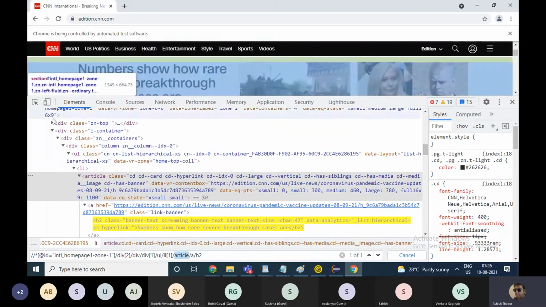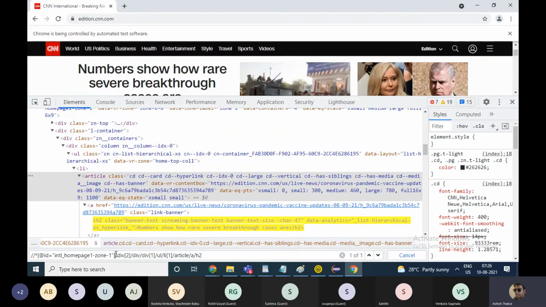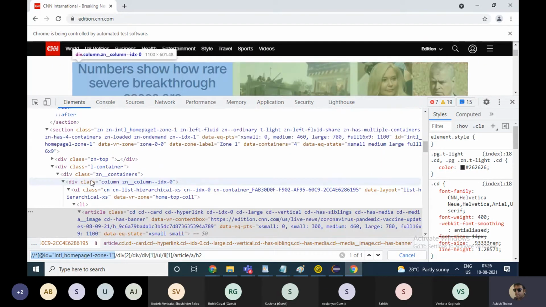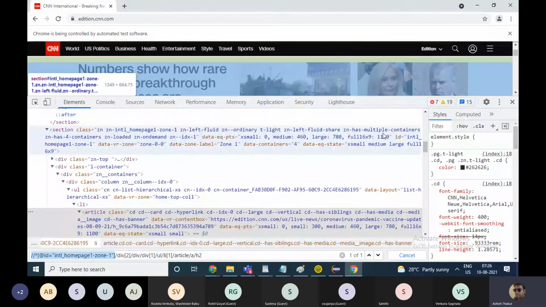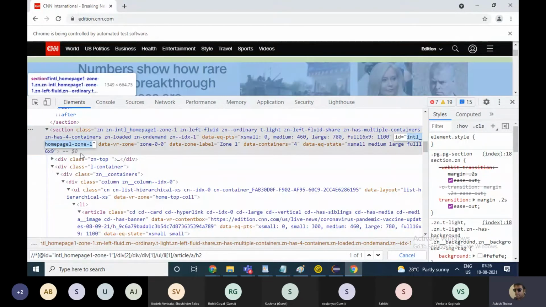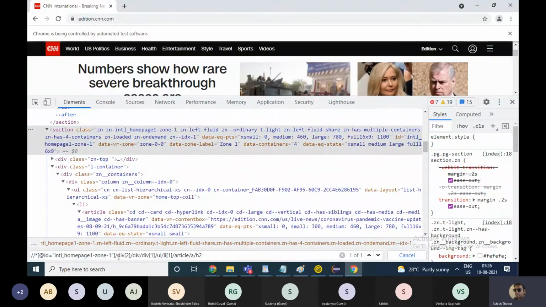So it keeps on jumping the tags till the time it finds an element which has an ID. Intel homepage 1 zone 1. So I think, section class, yeah, this is the one. Okay, this is the ID. You can just check it out as well.